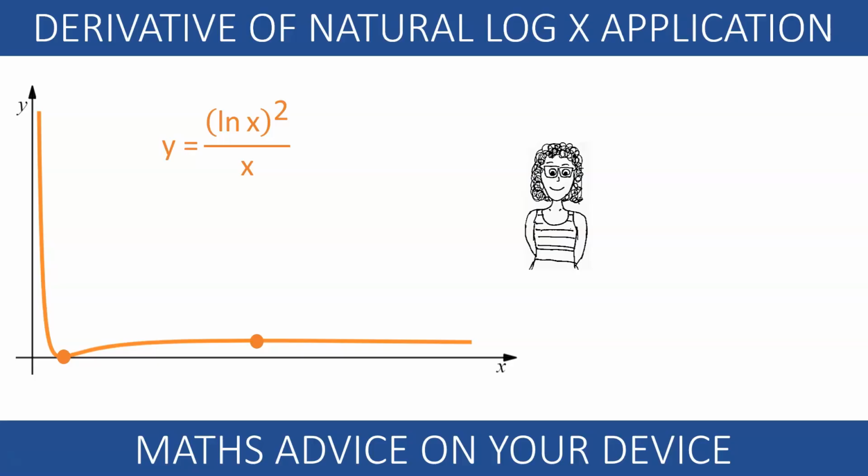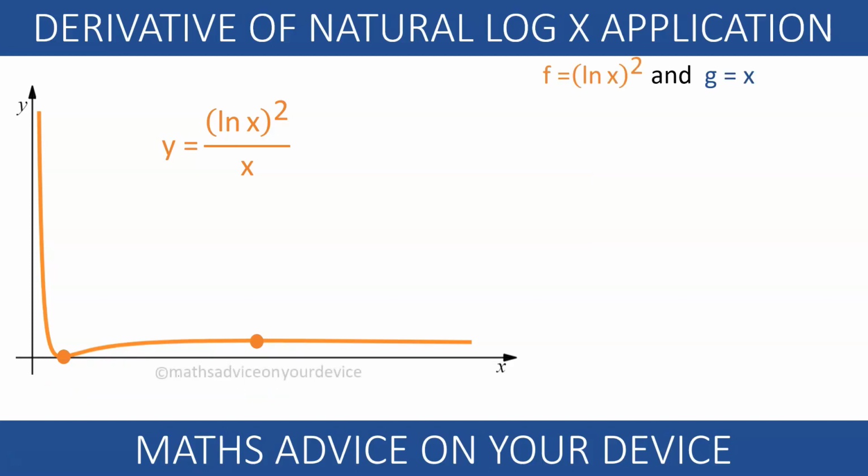The following shows the graph of y equals the square of natural log of x divided by x. Find the x-coordinate for both turning points. The turning points are the points where our derivative is 0. The tangent is parallel to the x-axis and therefore the gradient is 0. We need to differentiate the quotient of a function and solve equals 0.